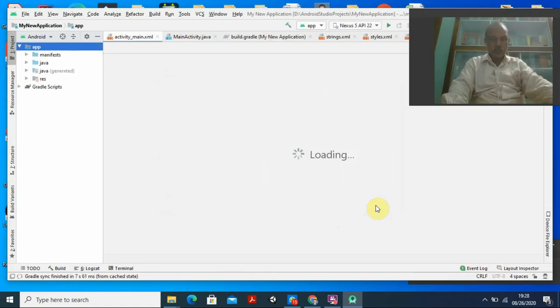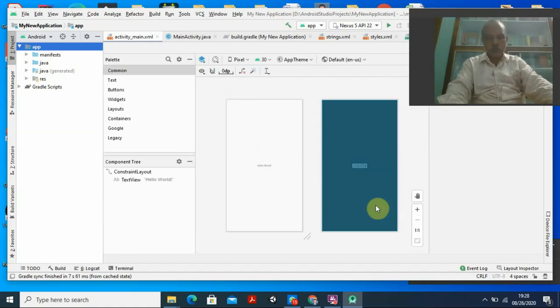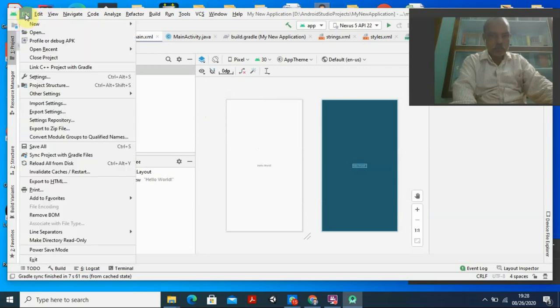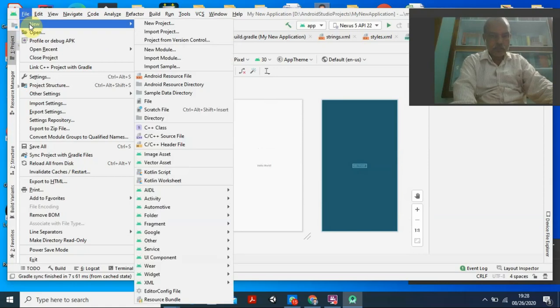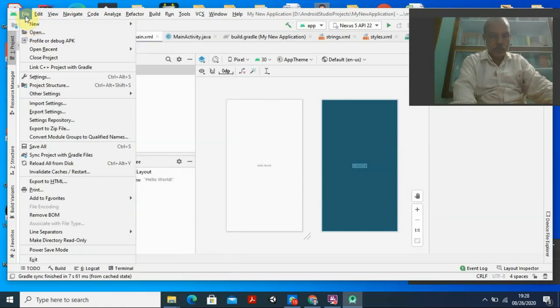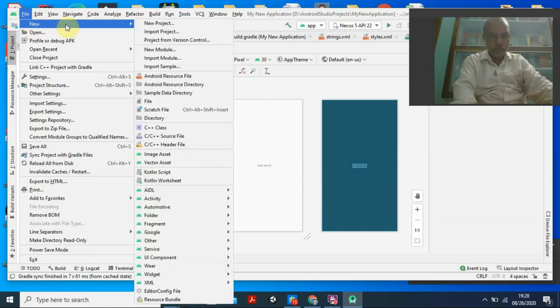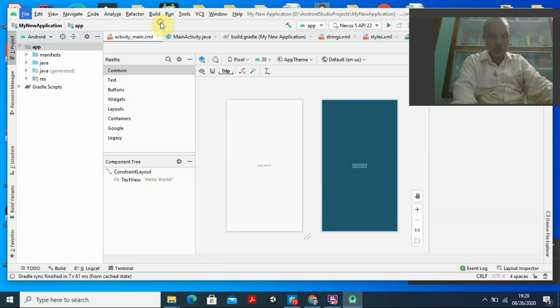Now, waiting for the build to finish. Anyway, we did not run anything till now, but I will be showing how to create and how to do a program on that one. This is the previous one, so nothing to worry about on this one. First I am going to create a new program, a new app. So you go to File, then you go to New. Under this New you are going for creating a new project.